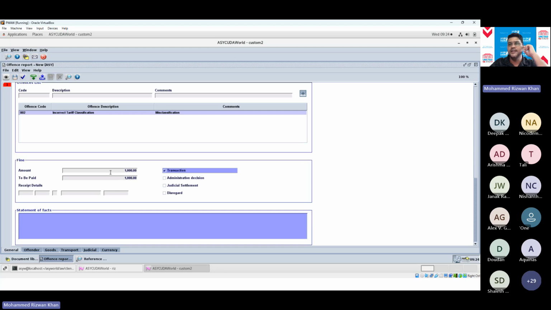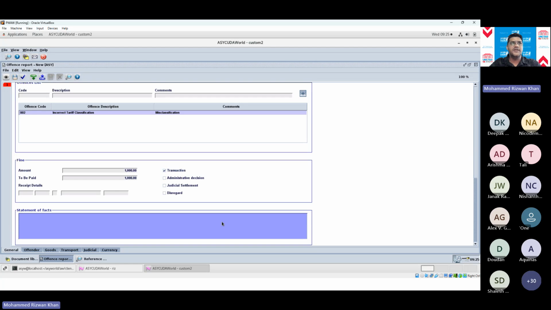If there is any arrangement done with customs and the offending party for partial payments, you can do partial payments in this as well. That is why you have this amount to be paid. Once the final amount is paid, you will have your receipt details for the final payment.